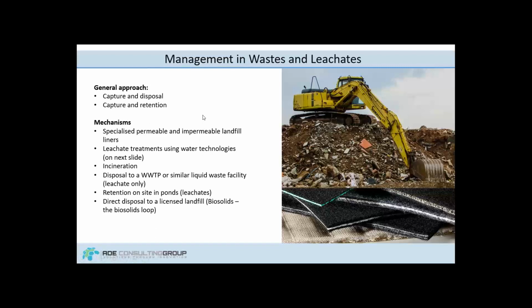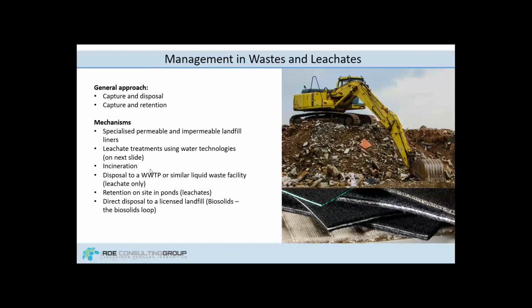These can either prevent the flow of water and channel it to one area where it can be managed by a water treatment plant, or a flow-through system that allows gated flow-through or total flow-through across the entire landfill, where PFAS can be basically absorbed in the liner itself by a special solvent. Leachate treatment systems using water technologies, which I'll cover on the next slide. So there's a number of systems out there that seem to have had great success in leachate, which is quite a complex matrix. So kudos to the teams that have tackled that problem.